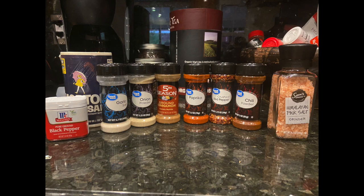So I really have nothing against this salt. I wish I didn't crowd it, but on the actual bottle it says that it's fortified with iodine, which is a necessary nutrient. That's all well and good, but